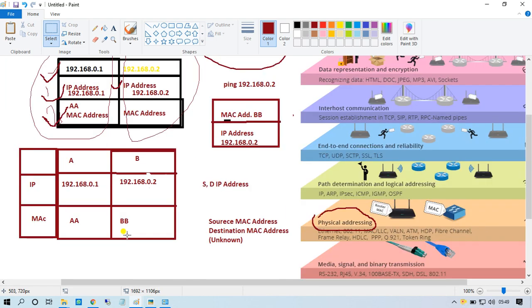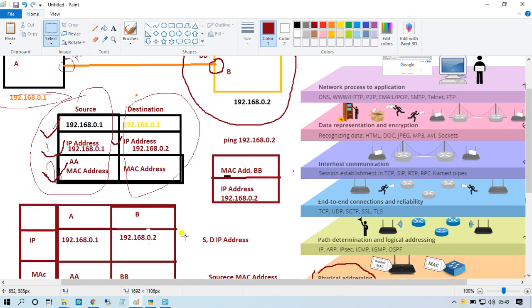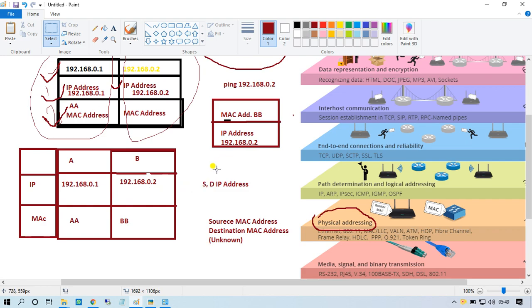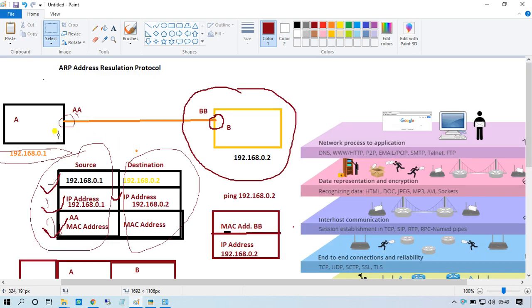So now what will happen? First one packet will drop by the system and another packet will establish communication, because in this case the packet will take hardly 4 seconds for one communication. When PCA sends the ARP request to PCB, from IP 0.1 to IP 0.2, then